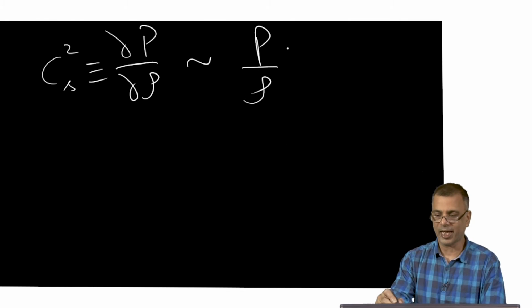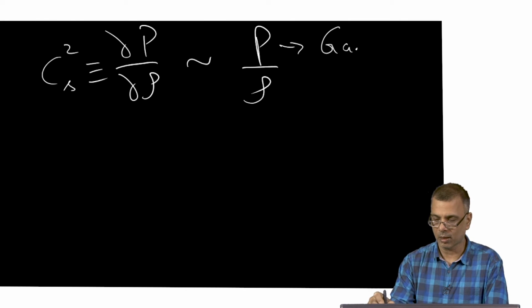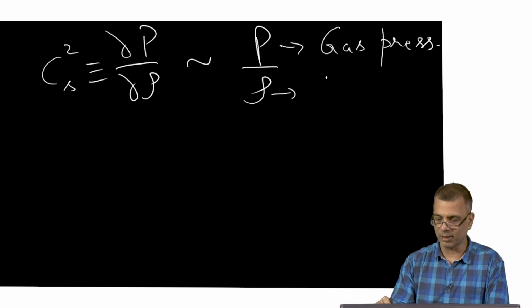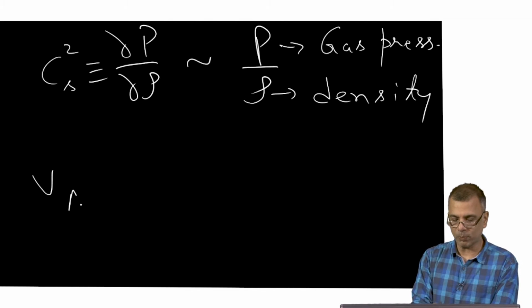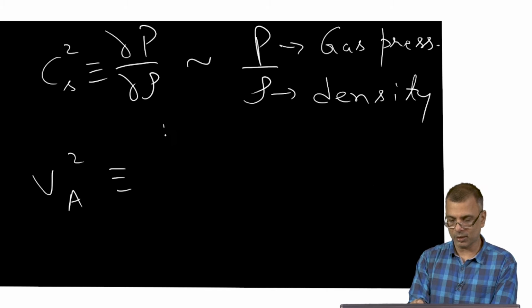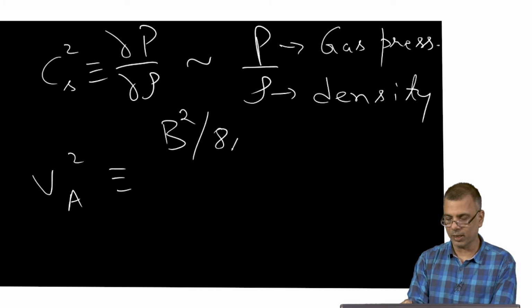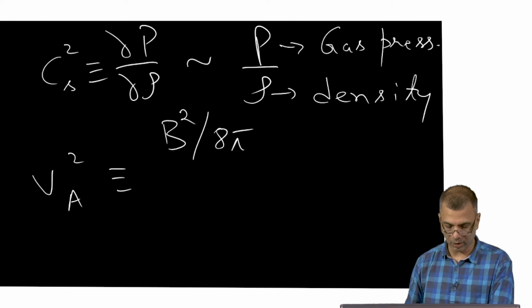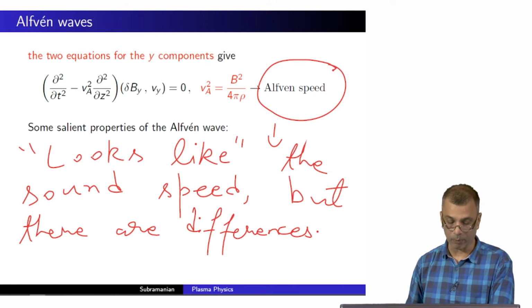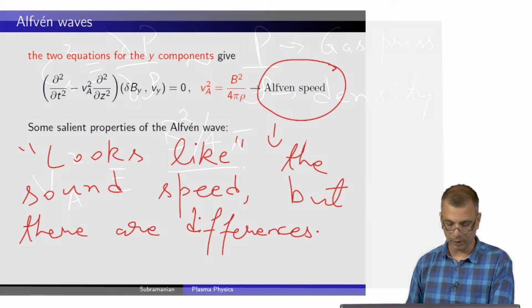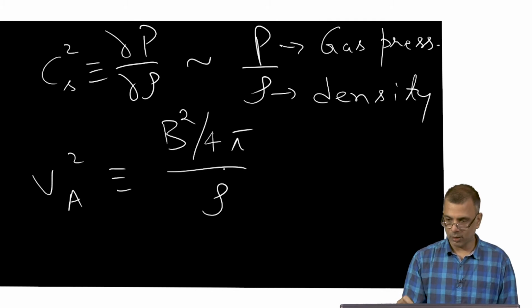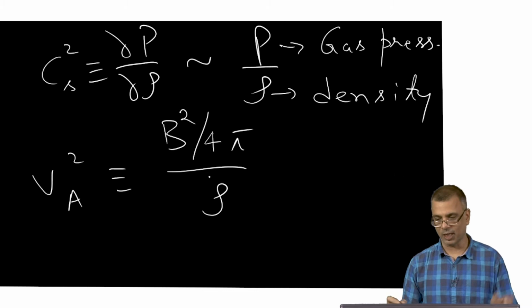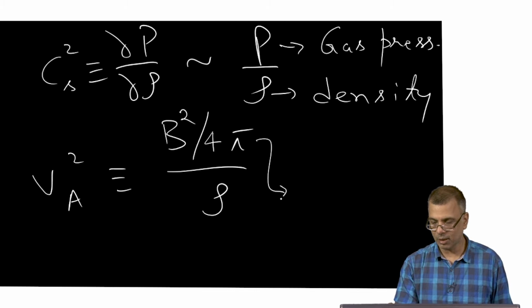Where this was the gas pressure, and this is the density, gas density. Whereas the Alfvén speed, which we just defined, is given by B squared over 8 pi. I beg your pardon, it's B squared over 4 pi, sorry. So, it's B squared over 4 pi divided by rho. So, you see this and that look very similar. The rho appearing in the denominator is the same, and this is the